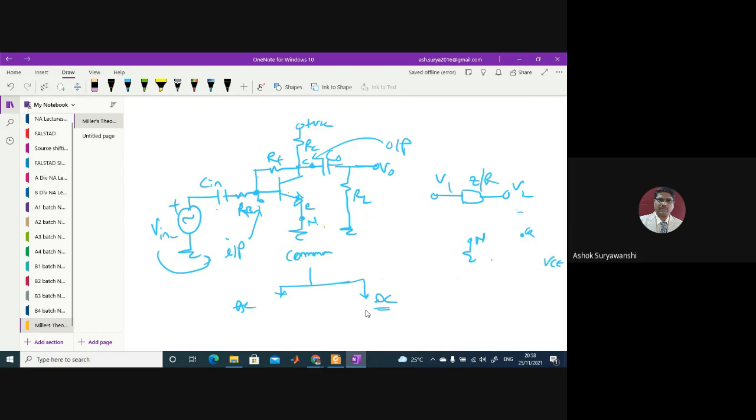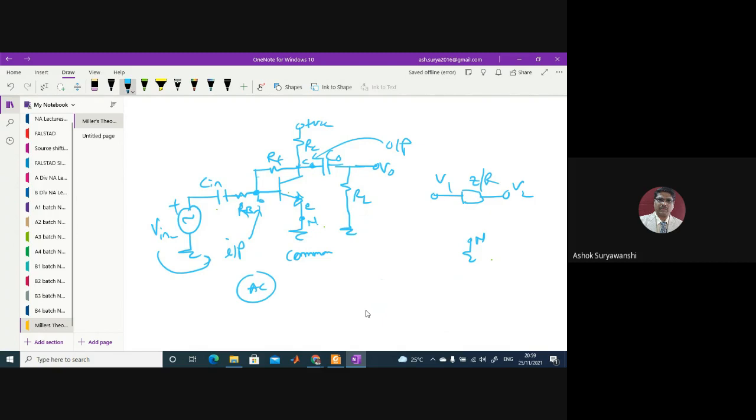Now here, if you are going for AC analysis, we normally find out the input impedance, the output impedance, the voltage gain, the current gain, and so on and so forth, right? You might be studying this for transistor and MOSFET in EDC. So for the AC circuit, how do we draw this equivalent?